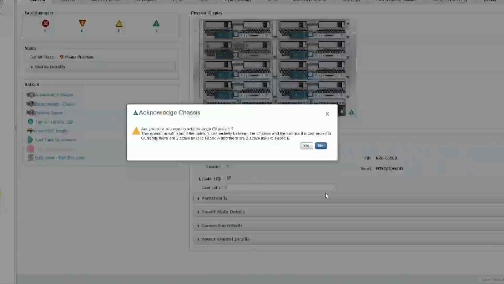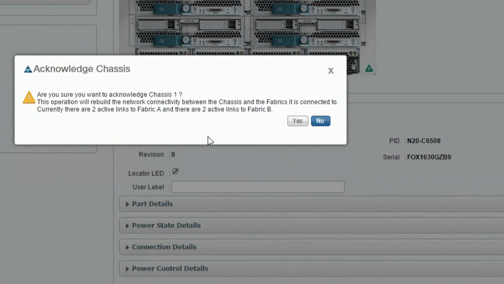And like it says here, it says, are you sure you want to do this? This is going to rebuild network connectivity between the chassis and the fabric. Okay, talking about the fabric interconnect. There's currently 2 active links on A, there's 2 active links on B, so it's effectively rebooting both I/O modules